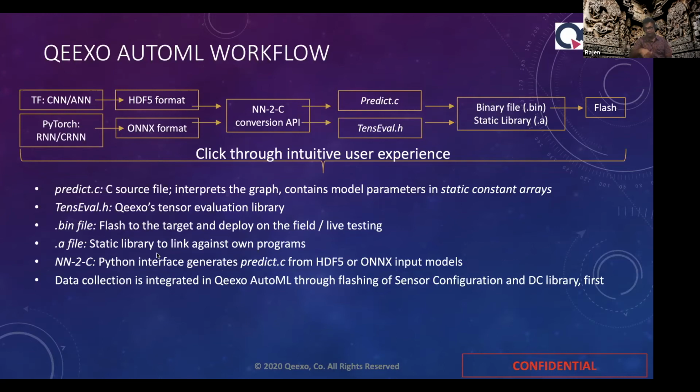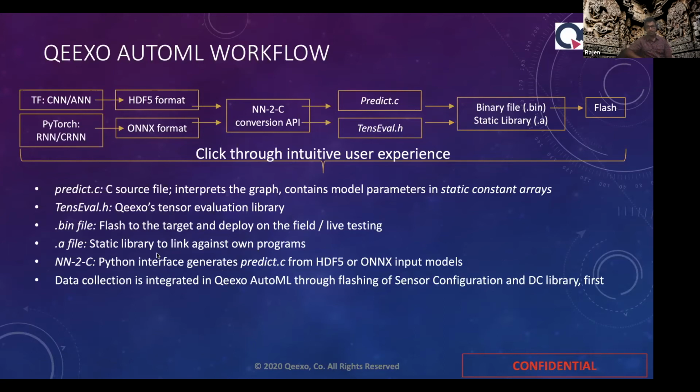It collects the sensor data, then it does the chunking, and then it performs the forward pass of the network models. We also generate the .a file, which is a static library. So if I want to integrate this machine learning model into my own program logic, say I'm building a smart countertop or I'm building a smart wall,